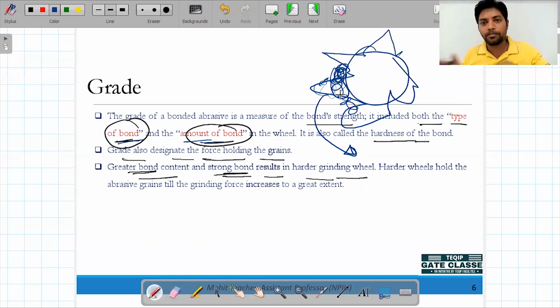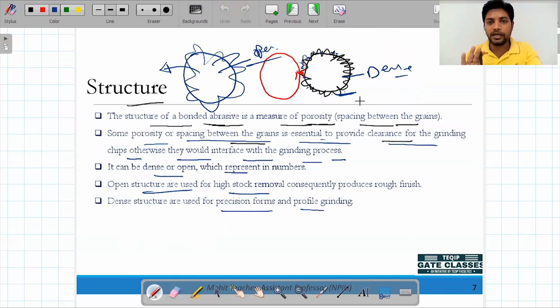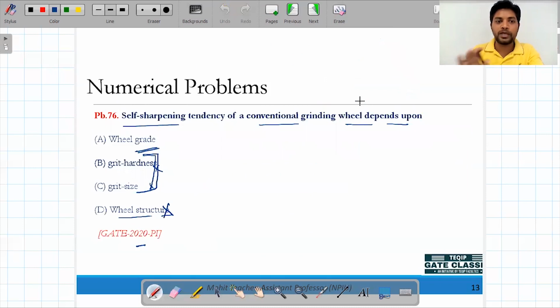There is a possibility that because this is continuously rotating and not coming out, it is vibrating here only. So if it is vibrating or rotating with some motion, मतलब reciprocating or circulatory or any random direction motion, then definitely it will impact the other grains. So there is a possibility that because of this happening, there will be self sharpening. Again, we are not sure that because of the wheel grade there will be, but there is a possibility, not surety. So the possible answer is option A.